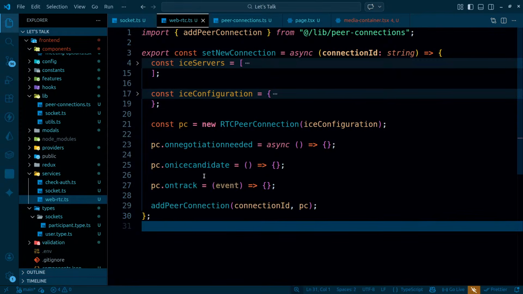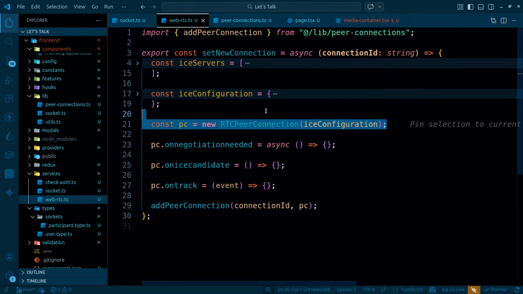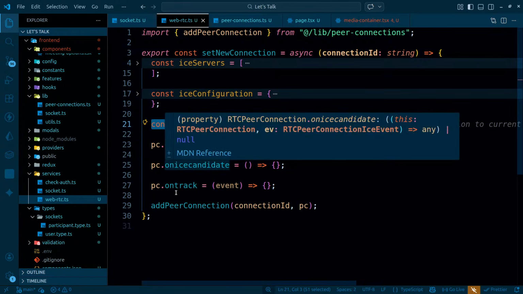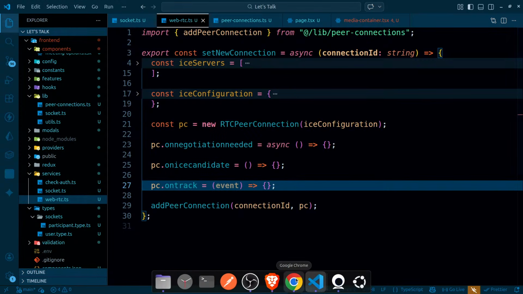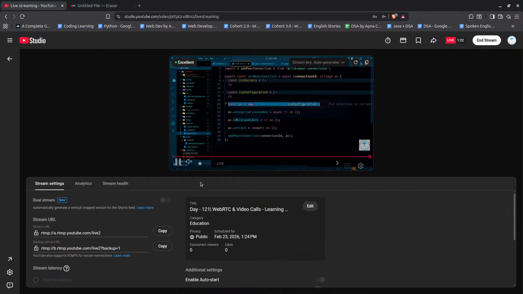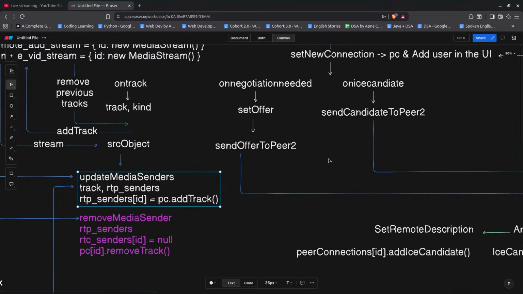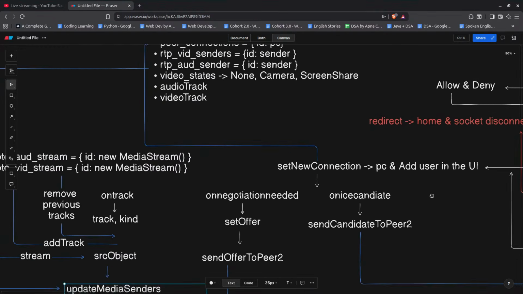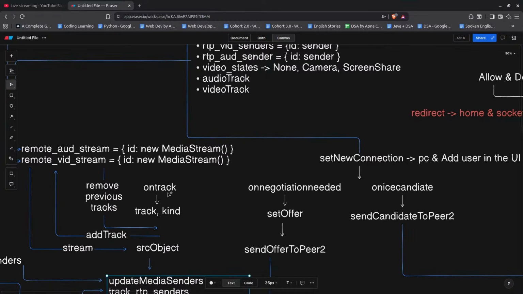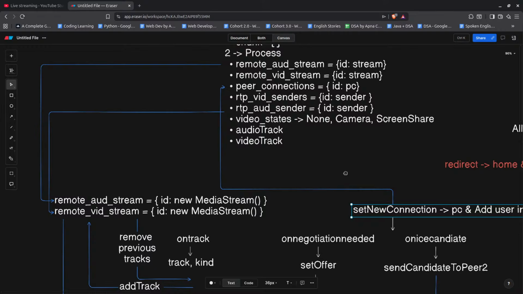So this is what's happening, and what I have to do whenever a new peer connection gets created is that the new peer connection needs to be assigned all the streams that are available, as simple as that. So whenever a new peer connection gets created, at that time, set new peer connection, on candidate, on negotiation needed, and then tracks, not even this particular section. Whenever I create the new peer connection, at that time